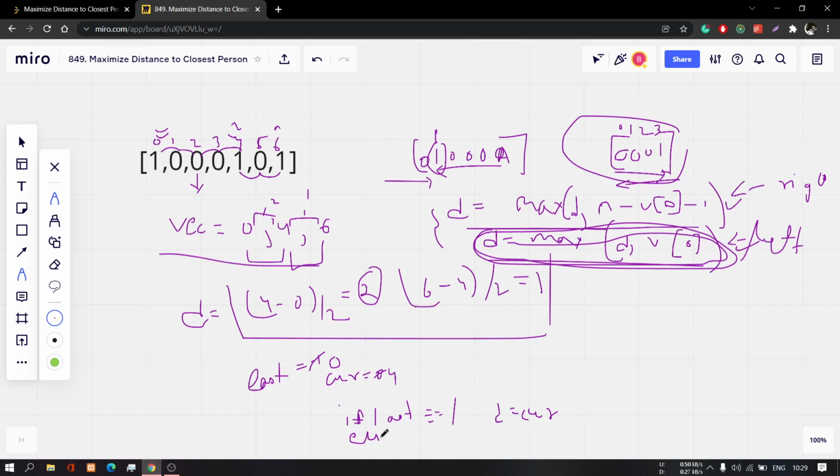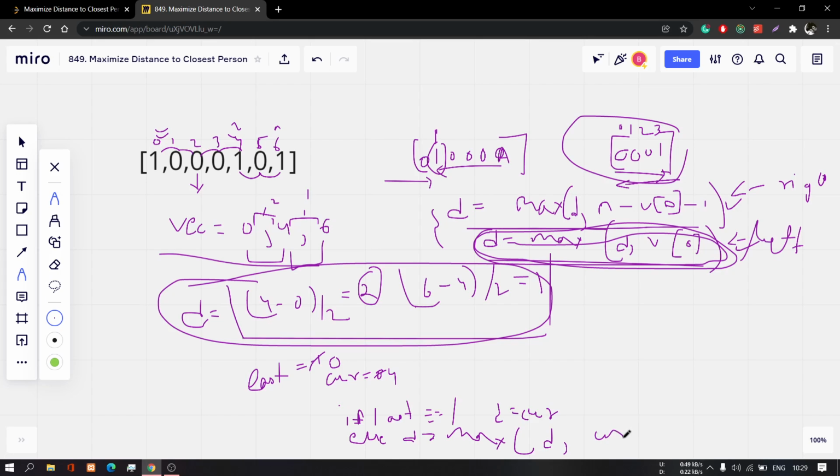So we have to write another case. Else, we simply write this step: d equals max of d comma my current index minus last index, divided by 2. Whatever answer you get, like for this example you will get 2, it will update it.